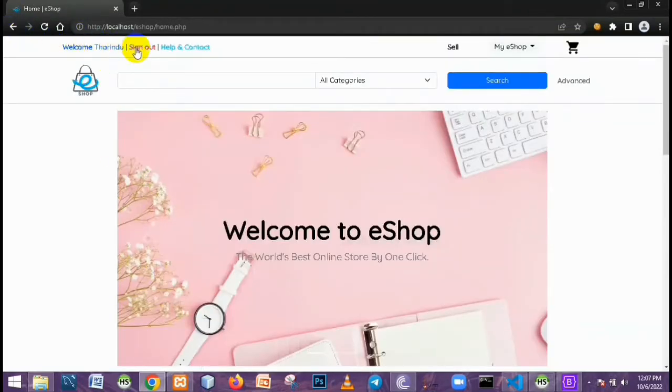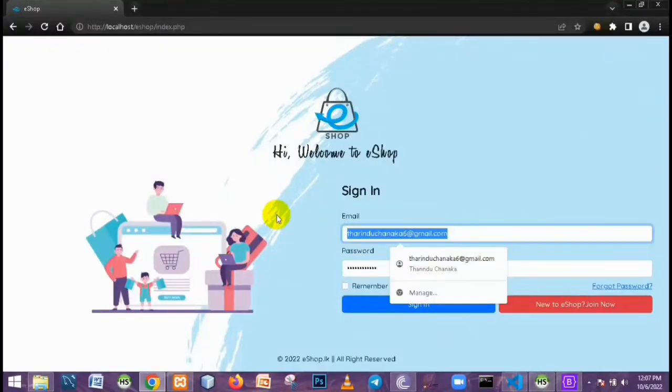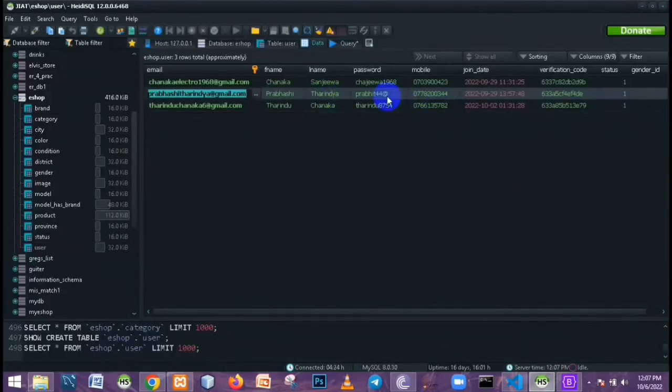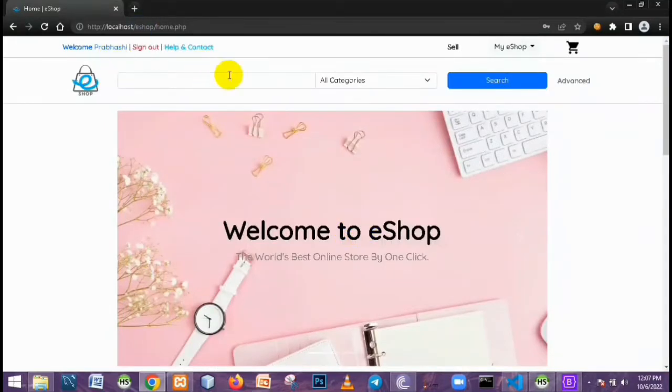If I show you another account, I get this, paste it there, and get this also, paste this there, and remember checkbox and sign in. Okay, now you can see there's another name here. So that's the session management part,